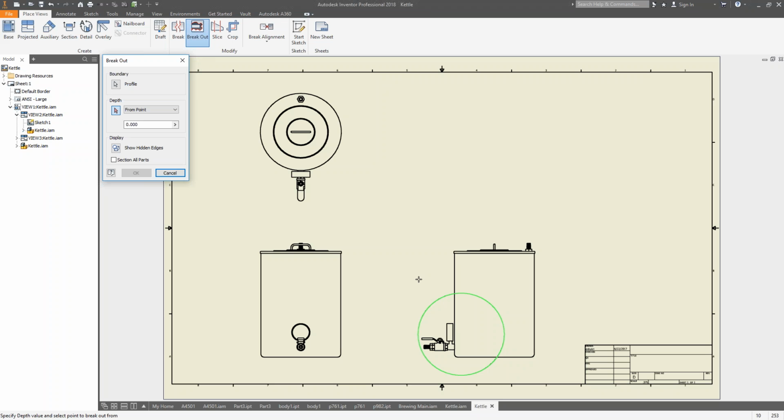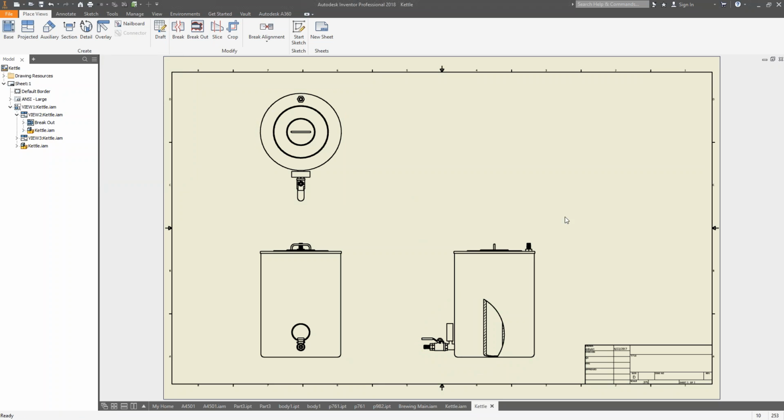And what it's going to do is take that profile and basically cut that material away in that view. So whenever I do this closed loop, it's going to basically dig inside of this particular component as deep as I tell it to. So I'm going to just say it's going to go in 6 inches, and you can pick a specific point that you want it to go to. So I can go from point, and I'm going to just pick a point on this side view right here. So from that side view, it's going to go in that far. So it's going to go in 6 inches there, that circular profile, and you'll now see inside of that kettle,